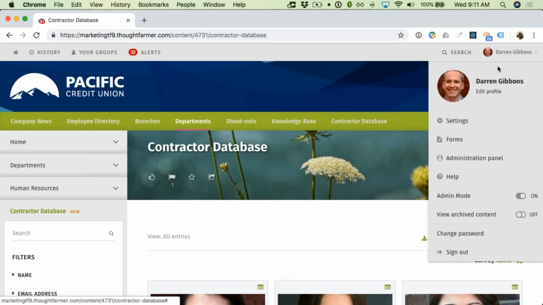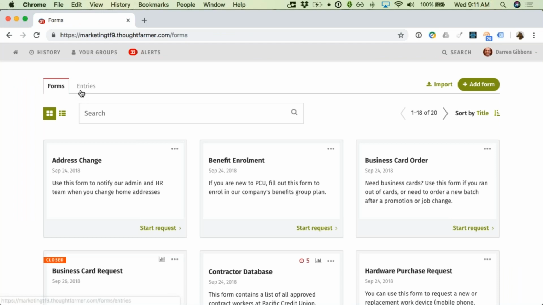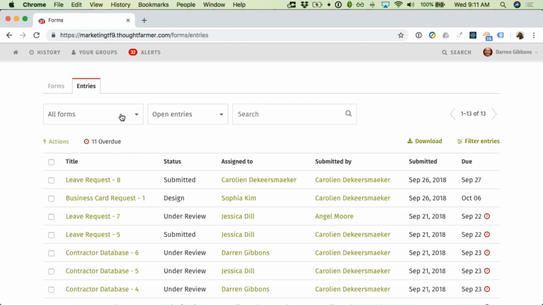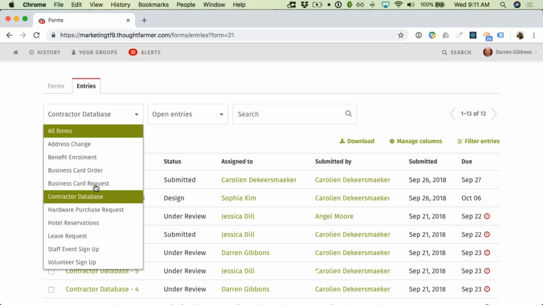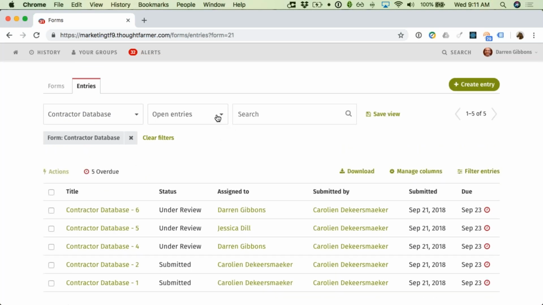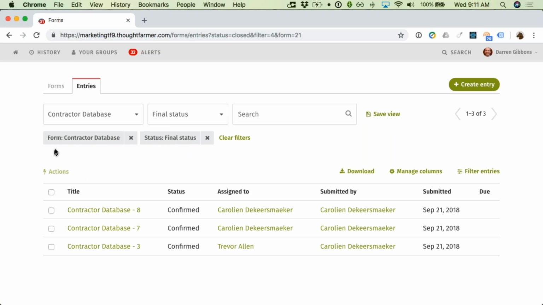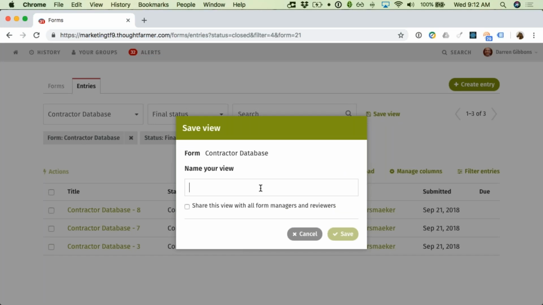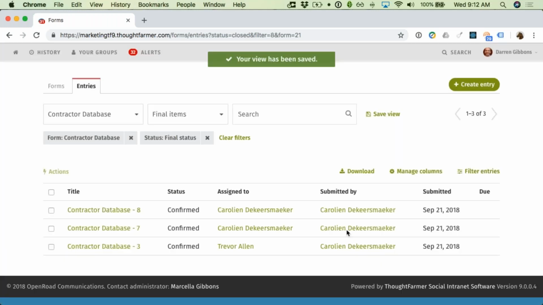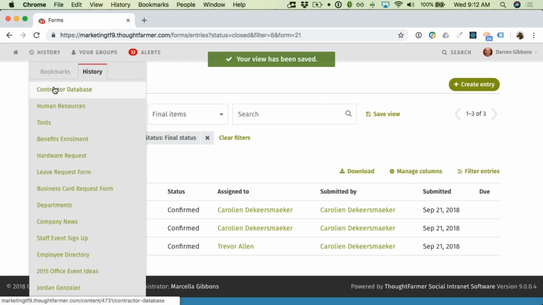So if I go back into the entries, and come in, I'm going to take a look at the contractor database. And if I want to define a new view in here, based on only the entries that are flagged as final, for example, you can see here I've got the form contractor database and the status is final. I can save this as a view. I'm going to save this with all. So now when I go back to that form,